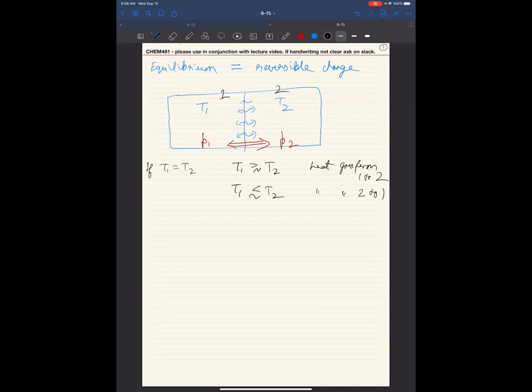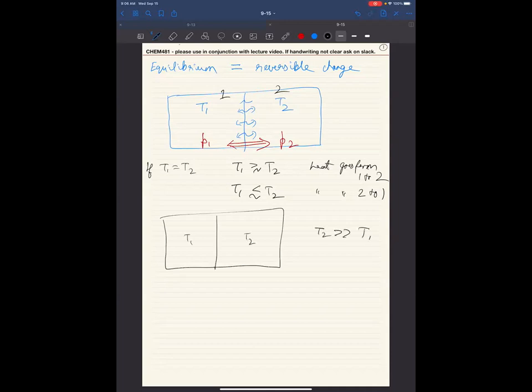So the point being that as you make small changes in the driving force, the temperature, the direction of heat flow responds immediately, and it starts moving in the opposite direction until equilibrium is attained, right? Until as much heat flows that T1 becomes T2. So this might seem to you like, duh, this is what should happen, right? What's the big deal? Now let's think about a different case where we had T1 and T2, but T2 was